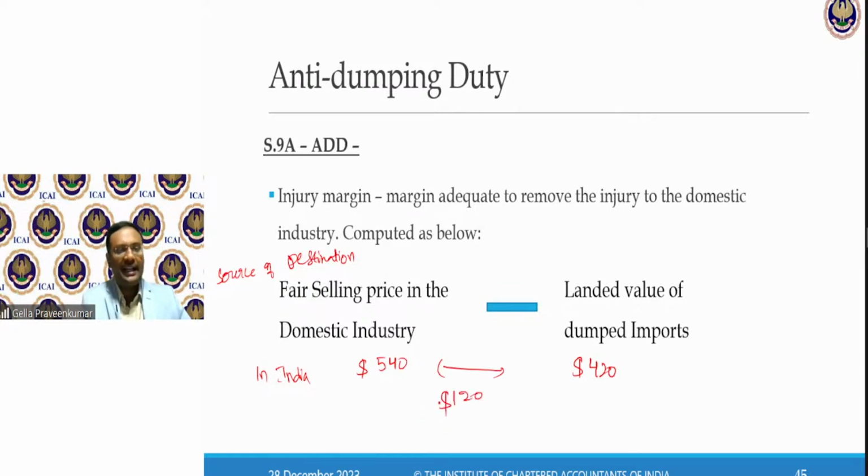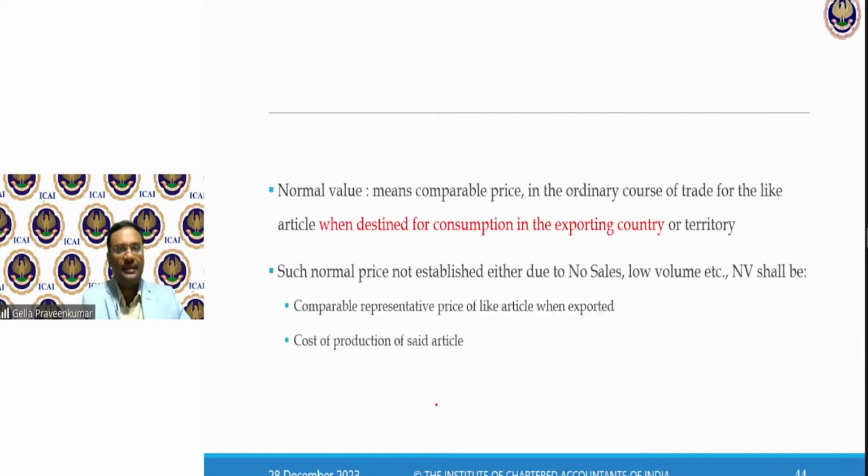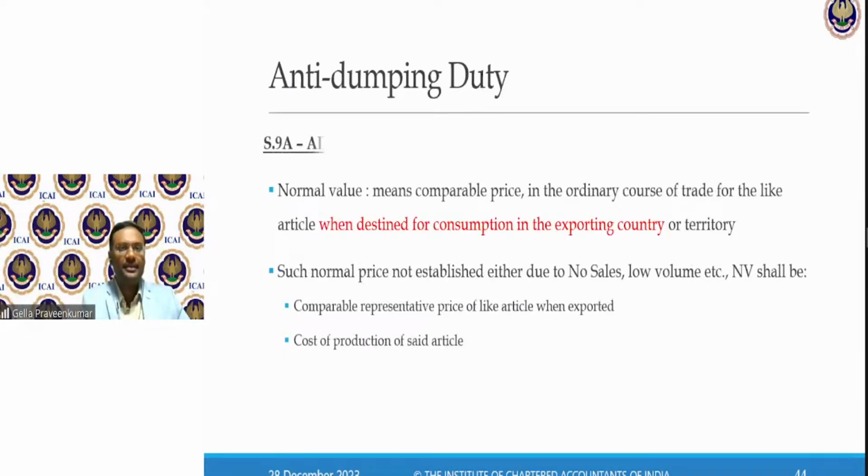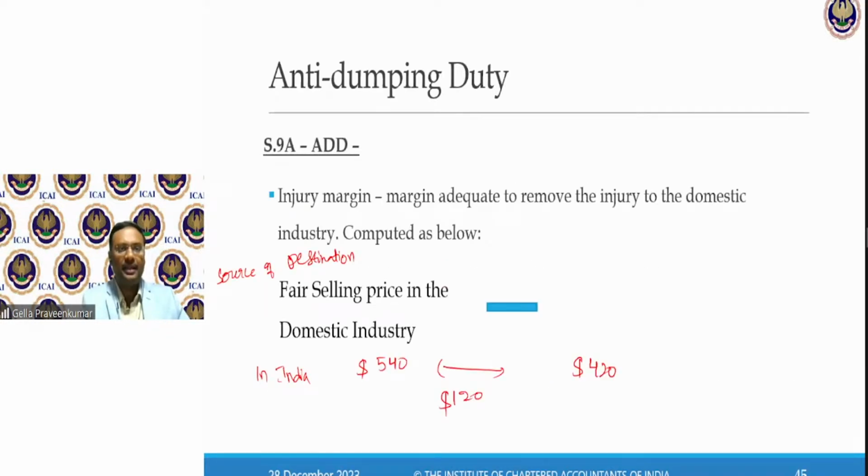So my anti-dumping duty can be either on the basis of margin of dumping or injury margin. One is at source, one is at destination. You as a customs officer, you can decide to choose either of these mechanisms for the purpose of computation of anti-dumping duty.